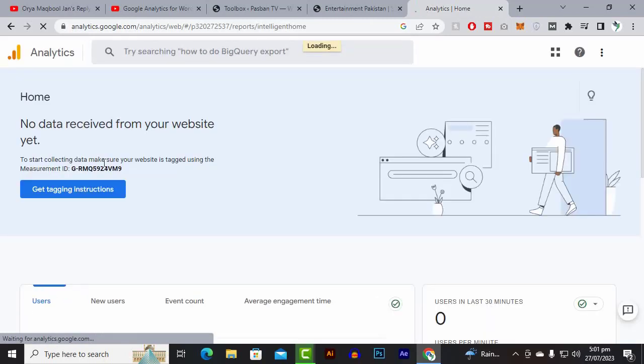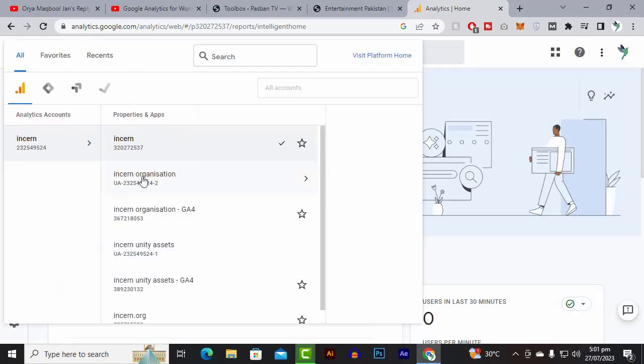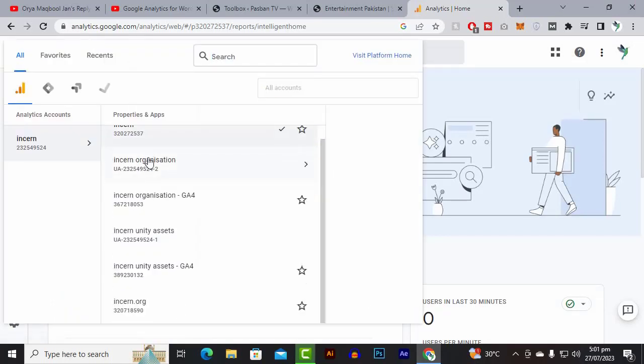and by utilizing that information you can work on your website more accurately and more powerfully. You can see that I'm logged in with this account. This account has this incern.net property, which is not available now, but we want to create a